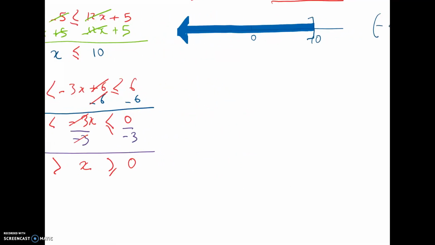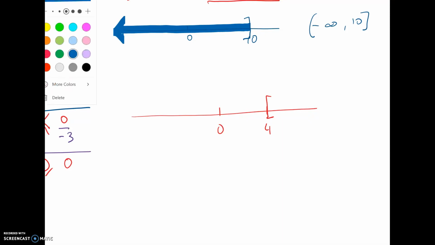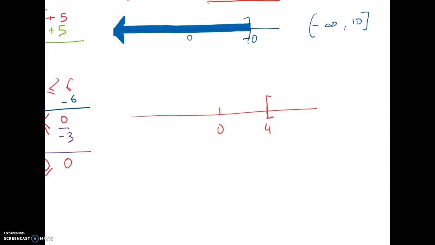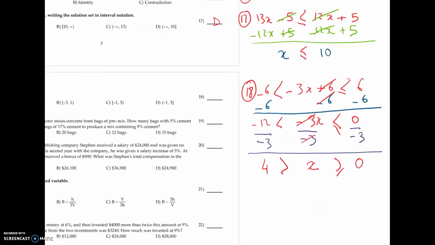So now it's pretty easy. You draw your number line. You put your 0 right here. So obviously 4 will be on the right. Because x has to be greater than or equal, I will have a bracket. And because it's greater, I just need to go toward the right. And therefore, I end up with a bracket for 0, a bracket 4, and then plus infinity. And so basically, the answer for problem 18